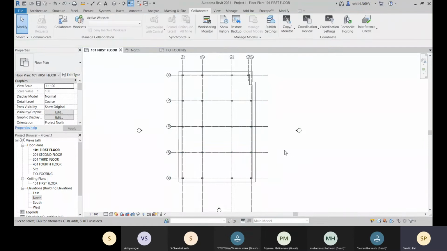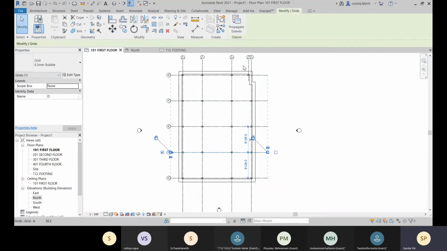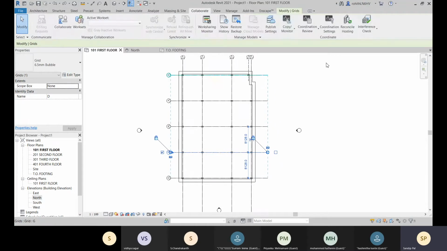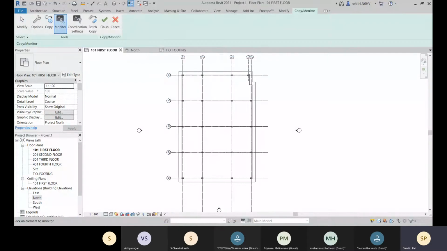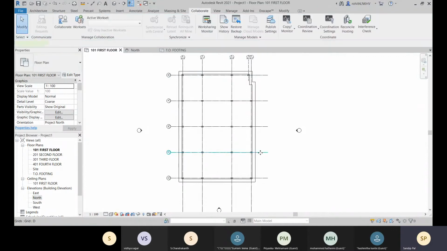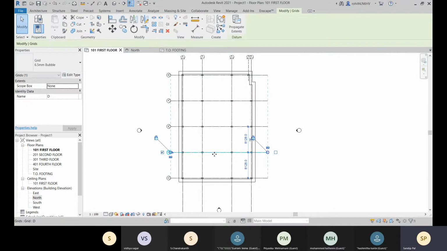Okay, so now I want to keep the monitoring on. So for that, I will come to this collaborate, and here I will select this link, and let's go for monitor now, and now select this, and now go for finish, and it's being monitored now. Okay, I think I'm missing something.